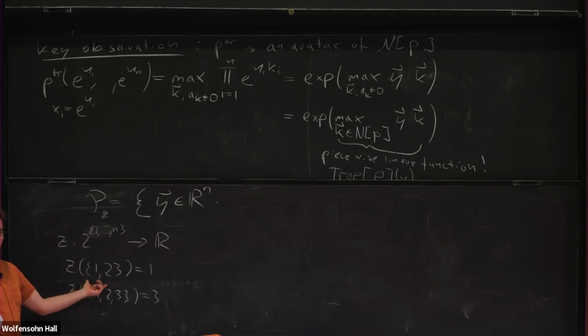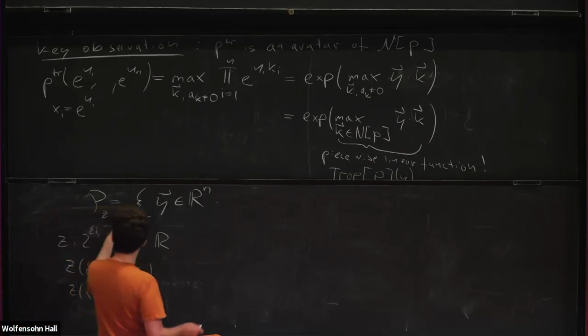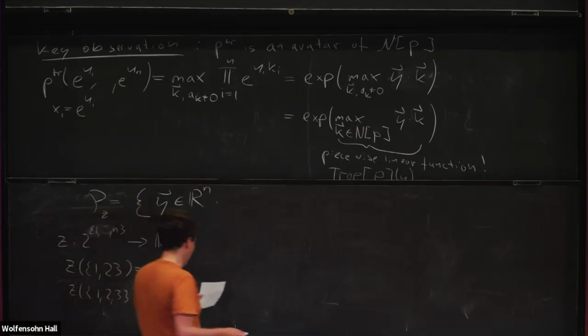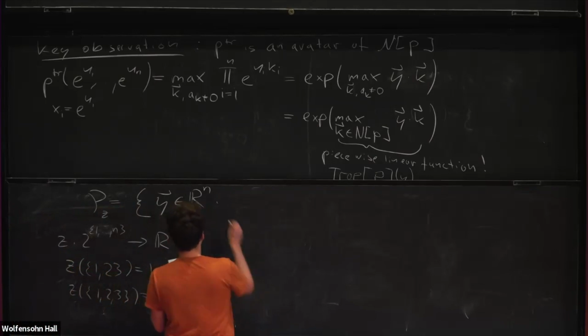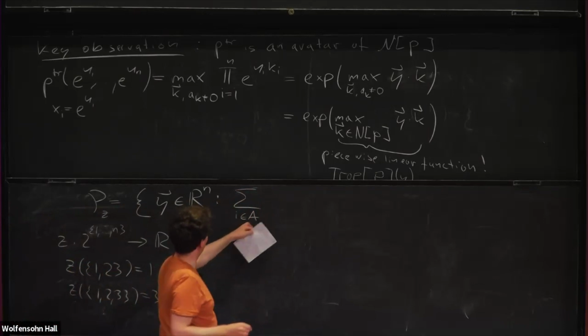We assign a value to each subset of some finite set, and the finite set is just the integers from 1 to n. So we need such a function, and it also fulfills a specific property. And we build a polytope from this kind of function, where we sum over all the indices of some set A,